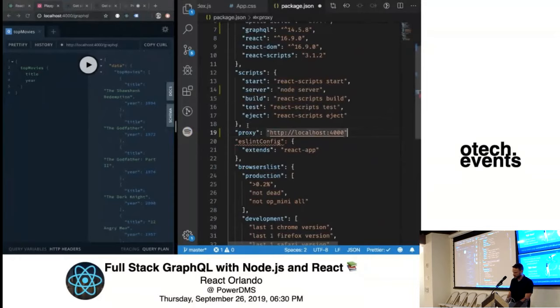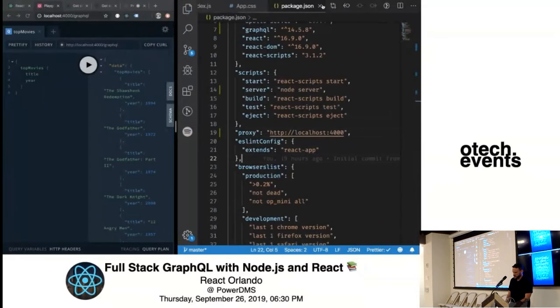In dev mode, if you define a proxy in package.json, it'll pass your network requests that aren't like, give me the JS for my app, through to whatever the proxy that you define is. So in our case, we're going to be sending requests to /graphql, and our Webpack dev server for our client is just going to forward those right over to localhost 4000 so that it can hit the GraphQL server and we can get the data.